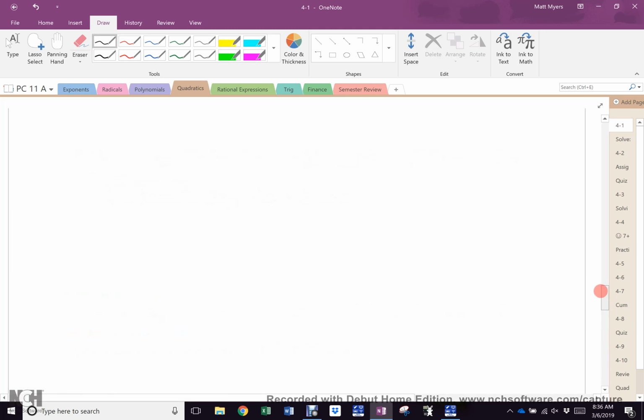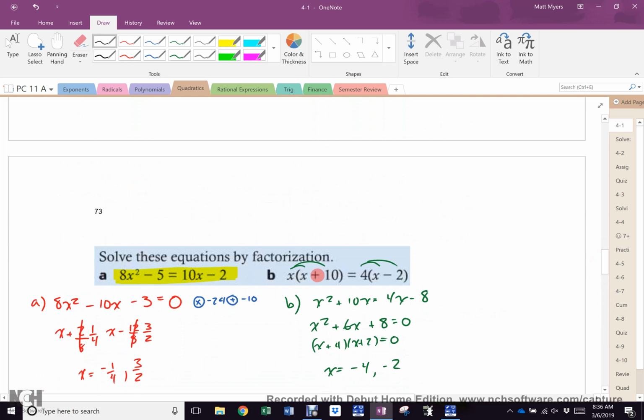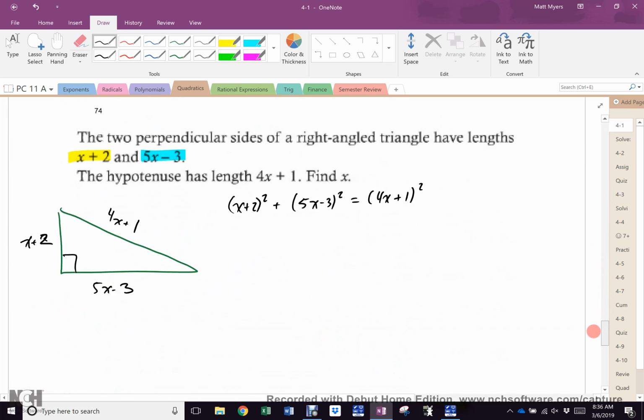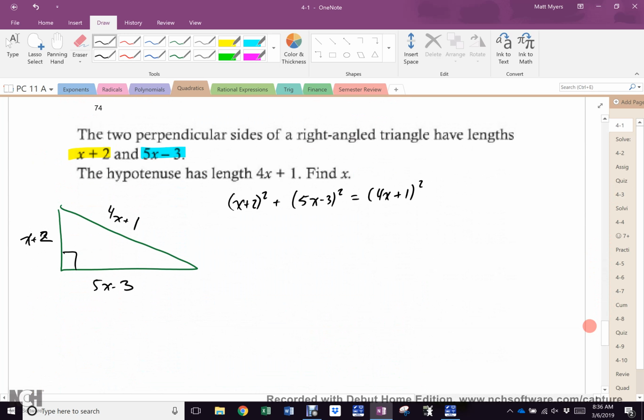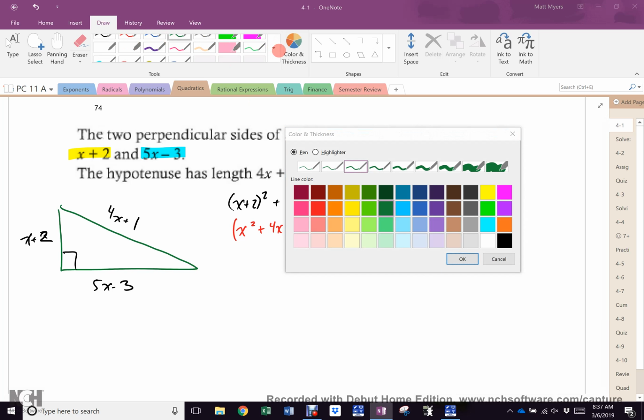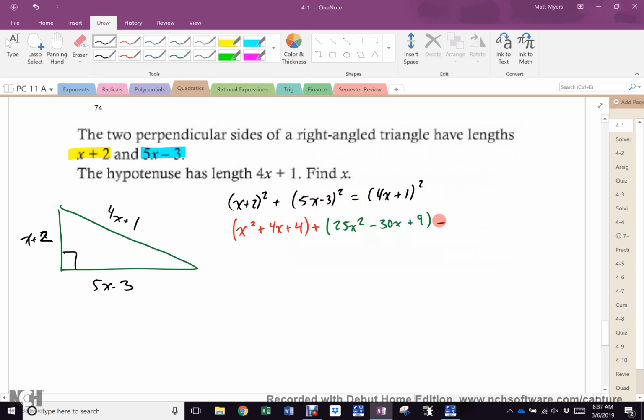Now, doesn't that look exactly like the last thing we did? And by exactly like, I mean, wasn't it some math I had to do on one side of an equal sign with some math I had to do on the other side? Of course it is. And then once I've done all that math, all I do is go back to grade 10 and solve it. Now something weird's going to happen here. So start solving. This first one is, of course, going to be x squared plus 4x plus 4. And the next one is, of course, going to be 25x squared minus 30x plus 9. And that is going to equal